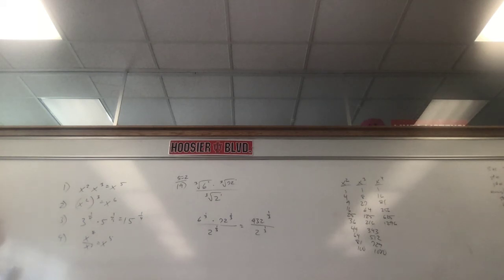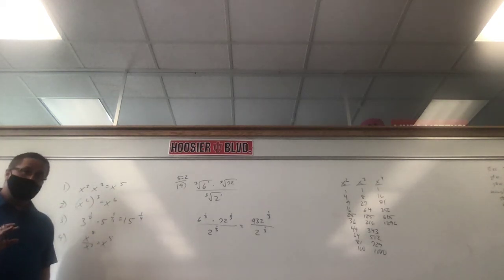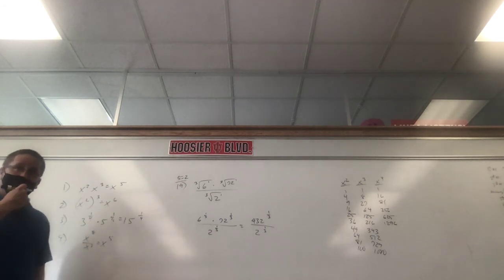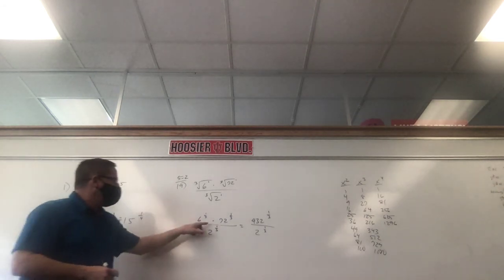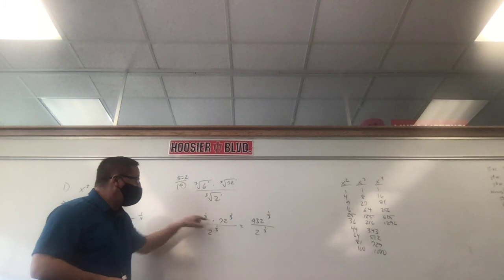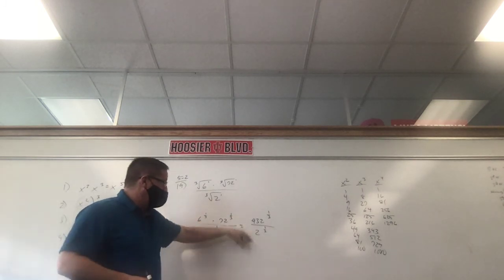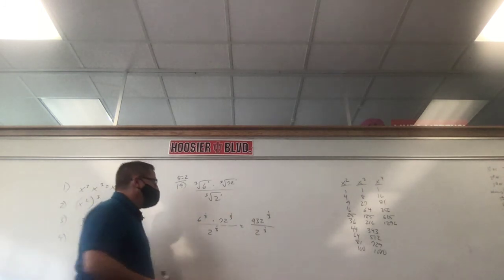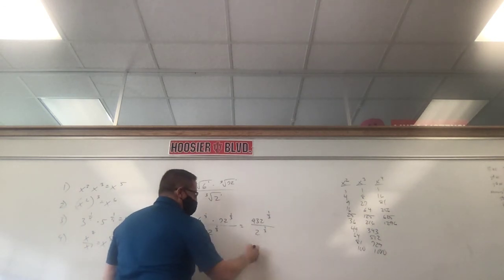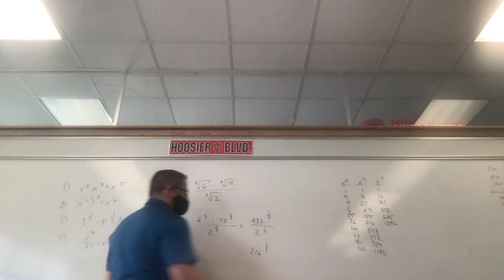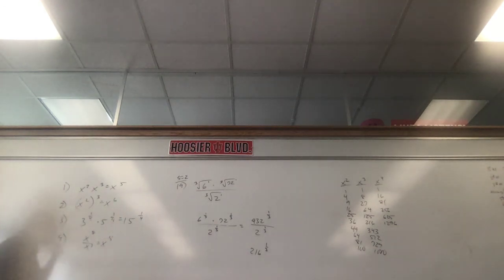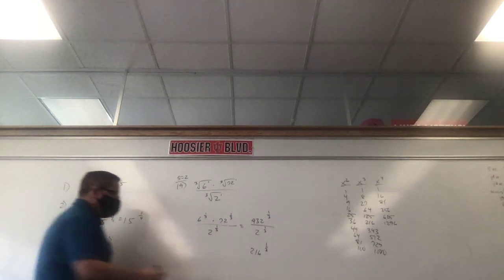Why are we dividing? We can divide them because it's the same power. It's the same thing we just did. If we're timesing and the powers are the same, we can times them. If we're dividing and the powers are the same, we can divide them. So 2 goes into 432, 216 times, and the exponent stays the same. Now, if you're not sure what 216 to the 1/3 power is, rewrite it as the cube root